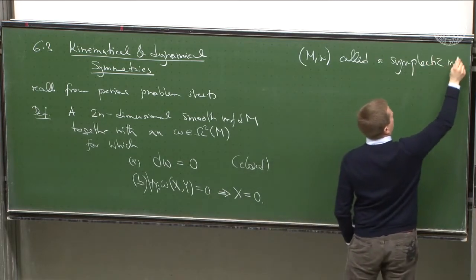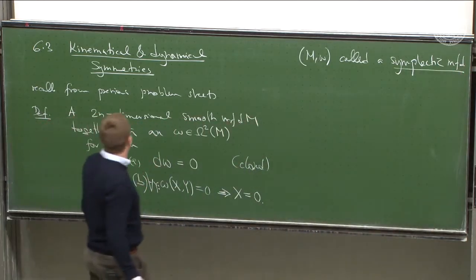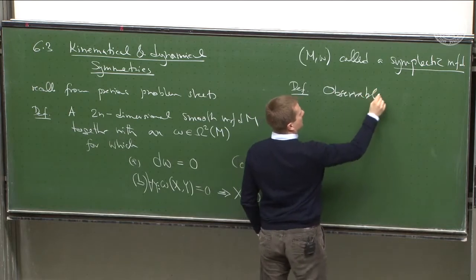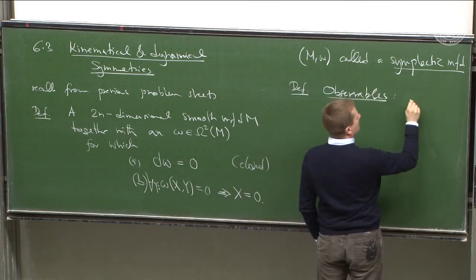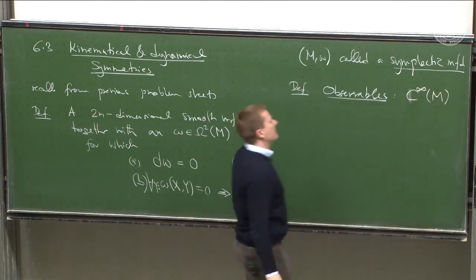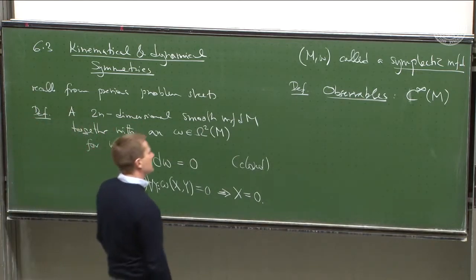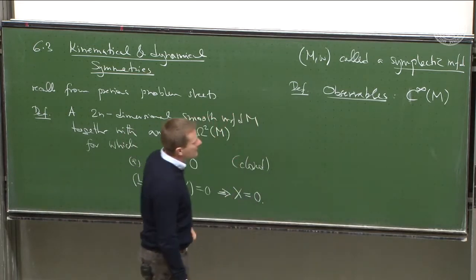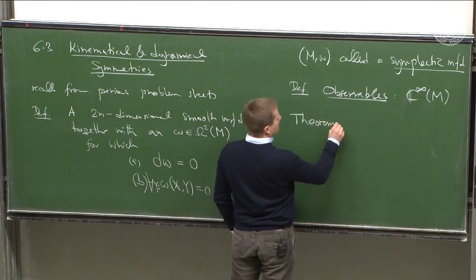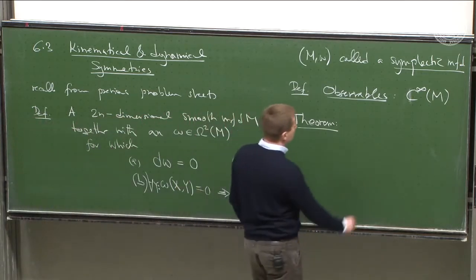It's a symplectic manifold. And on a symplectic manifold, we have observables, and those are simply the smooth functions on this 2n dimensional symplectic manifold. Now, this makes contact with what we know from classical mechanics via the theorem that there always exist Darboux coordinates in an extended region. So, theorem,